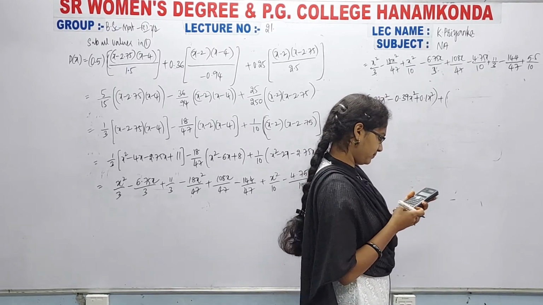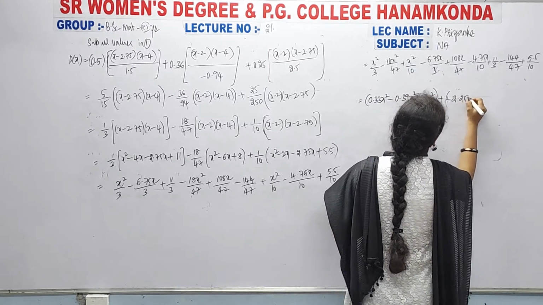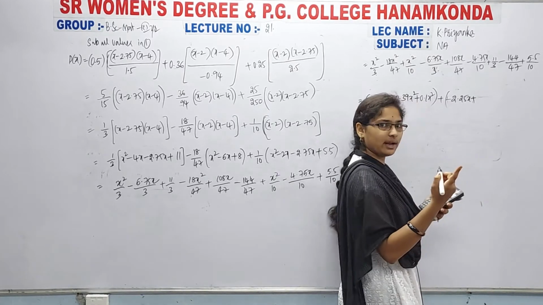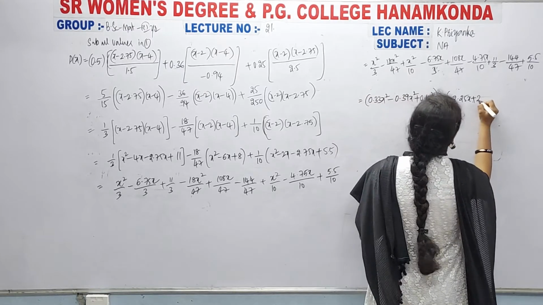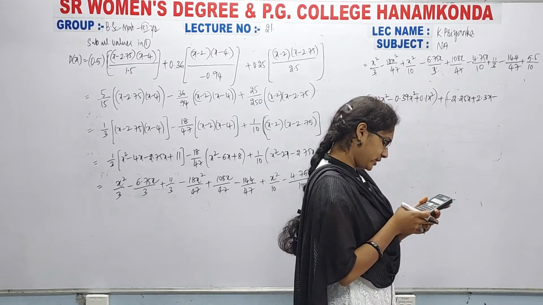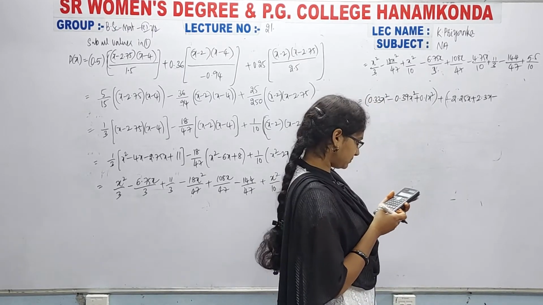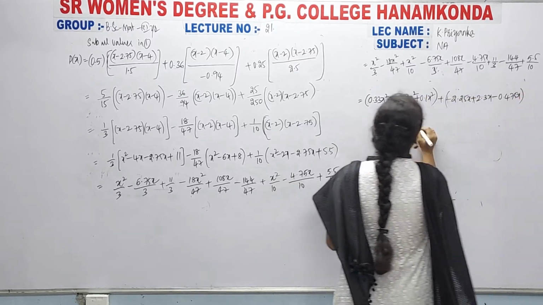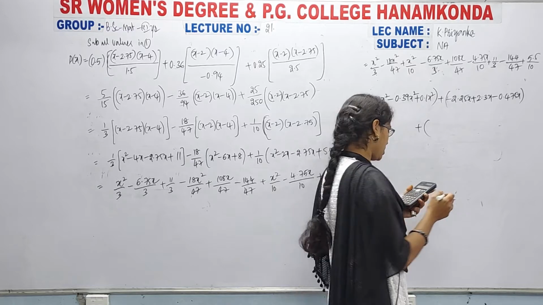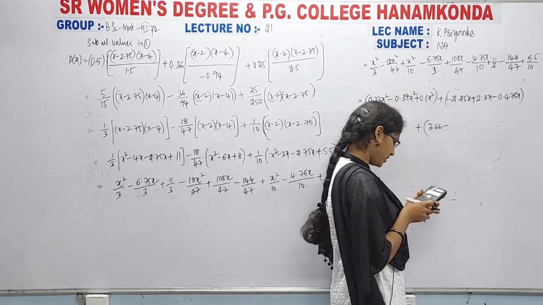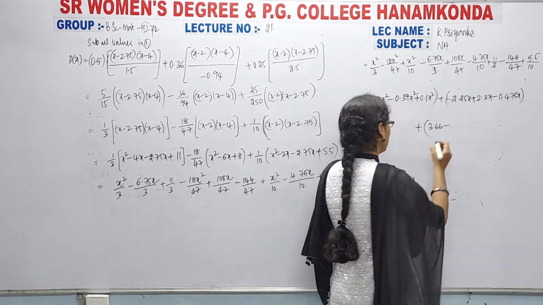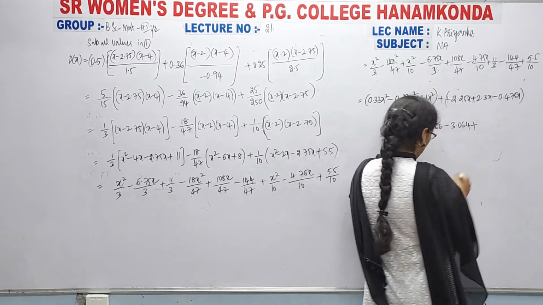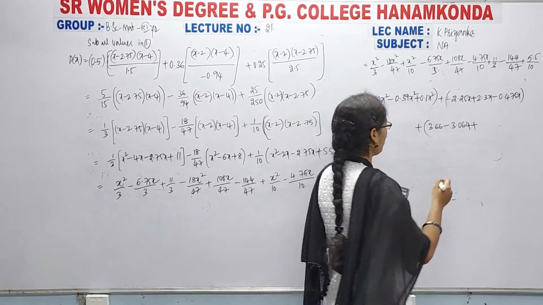Okay, so next plus 6.75 whole divided by 3, 2.25, so minus 2.25 x plus 108 divided by 47, 2.297 I have, so I am taking that directly 2.3 x minus 4.75 divided by 10, so it is 0.475 x plus 11 by 3 means 3.66 minus 144 divided by 47, 3.063 I have, so 0.0638 I have, I am taking 4. So plus simply 5.5 divided by 10, 0.55.